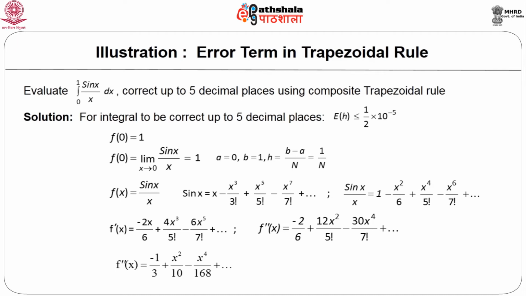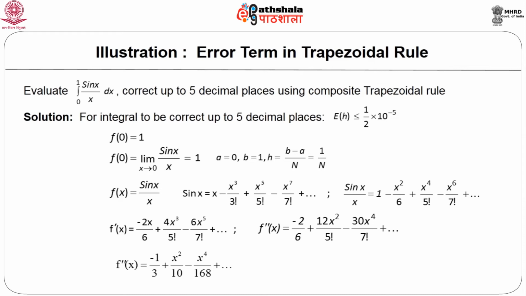Now, in the case of sin x by x, the M calculation is not that easy, but what can be done is we write down the Taylor series of sin x. We know that the Taylor series of sin x is x minus x cube by 3 factorial plus x raised to 5 by 5 factorial, and so on. Divide by x, we get the Taylor series of sin x by x, which will be 1 minus x square by 3 factorial plus x raised to 4 by 5 factorial and so on. Differentiate this, we get minus 2x by 3 factorial plus 4x cube by 5 factorial, and so on, and again differentiate to get the second derivative: minus 2 by 3 factorial plus